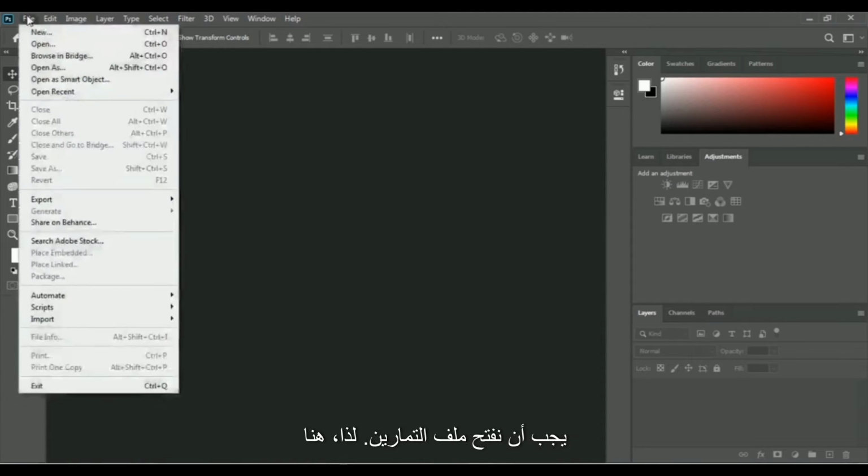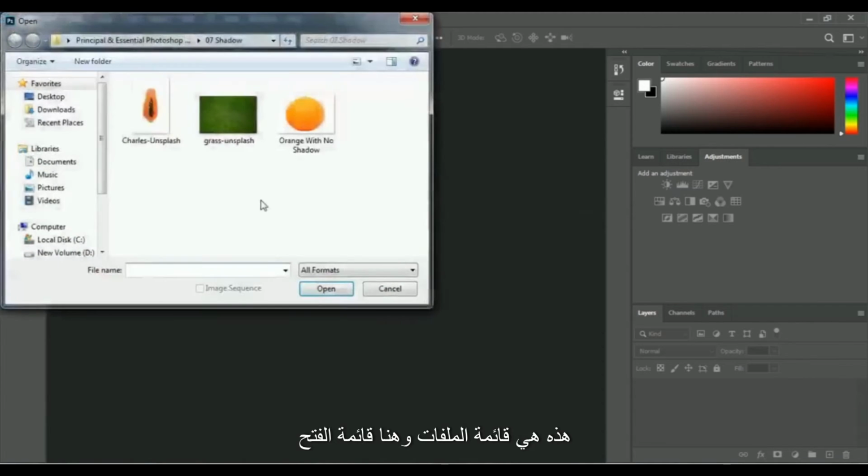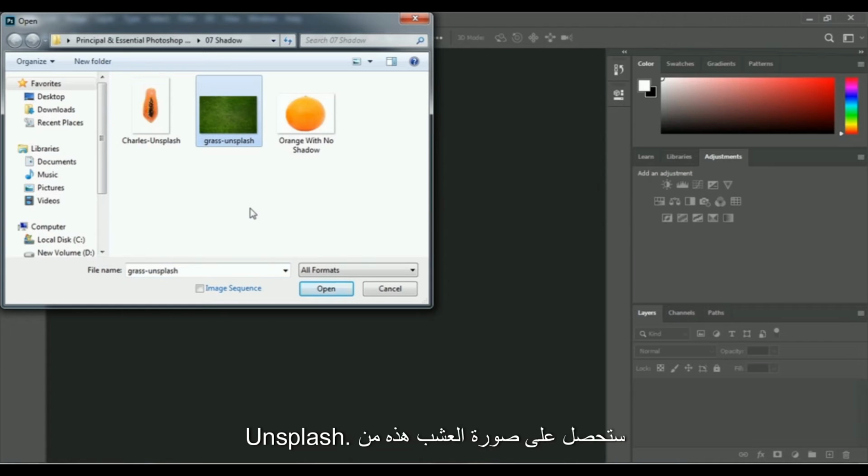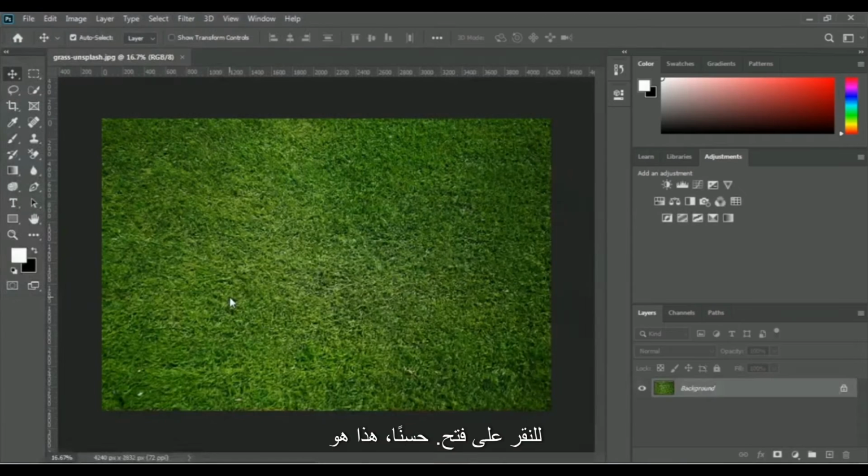So here is the File menu and here is the Open option. Inside the shadow folder you will get this grass Unsplash image. You just have to select it and then click Open. Okay, this is our image and we have to use the type tool to type text, and in this tutorial